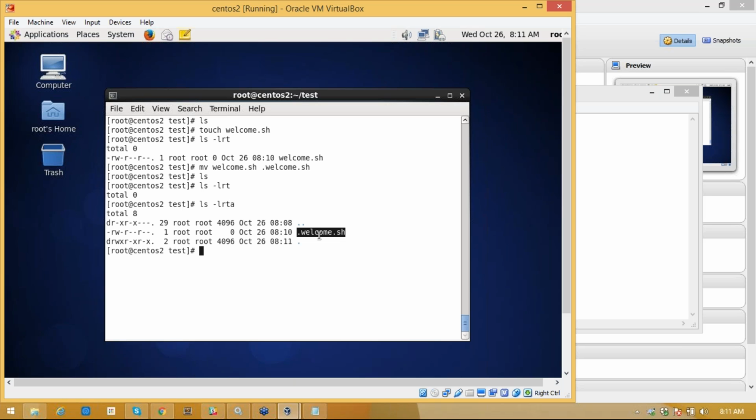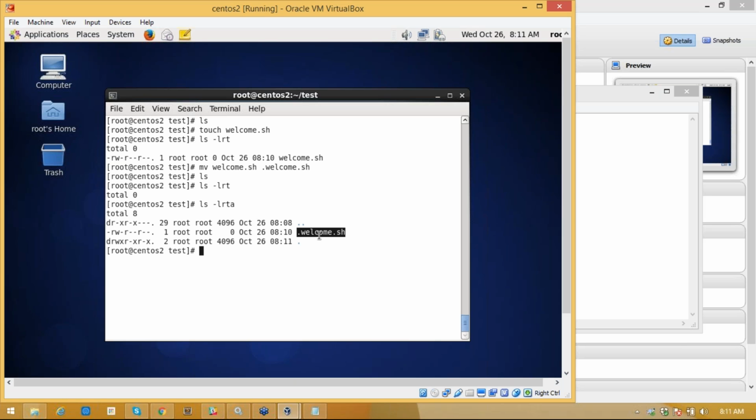In Windows also you can see hidden files, right? If you go to the view tab and choose show hidden files, it will show you all the hidden files in Windows as well. Either in Unix or Windows, a file created with a name starting with a dot is a hidden file.